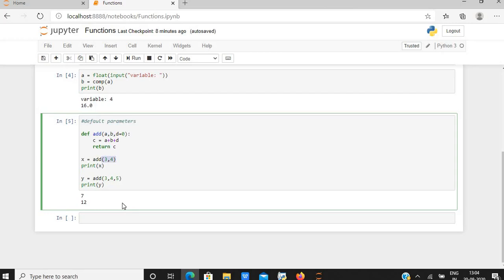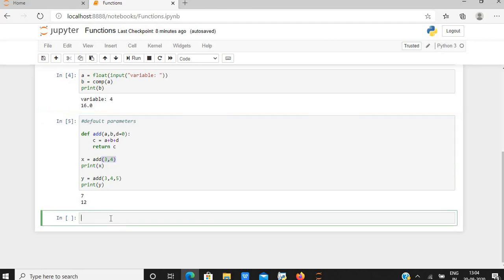Now let us talk about lambda functions or anonymous functions. Anonymous functions are functions without a name. The lambda keyword is used to create anonymous functions. A lambda function does not include a return statement. It always contains an expression which is returned. For example, let us take a lambda function.